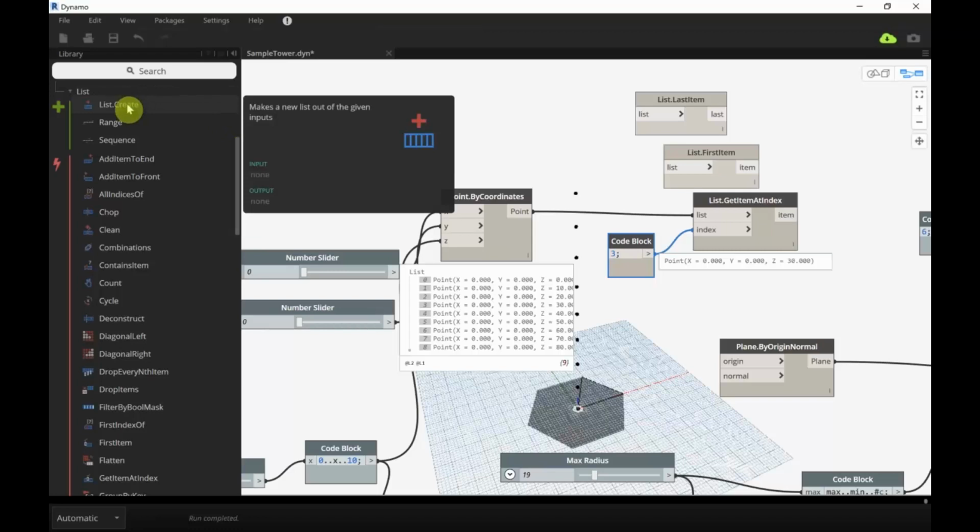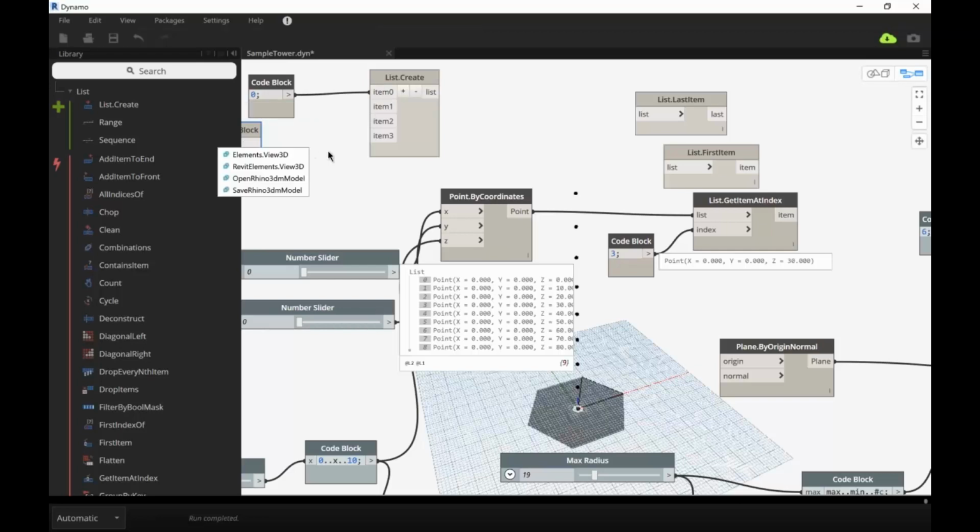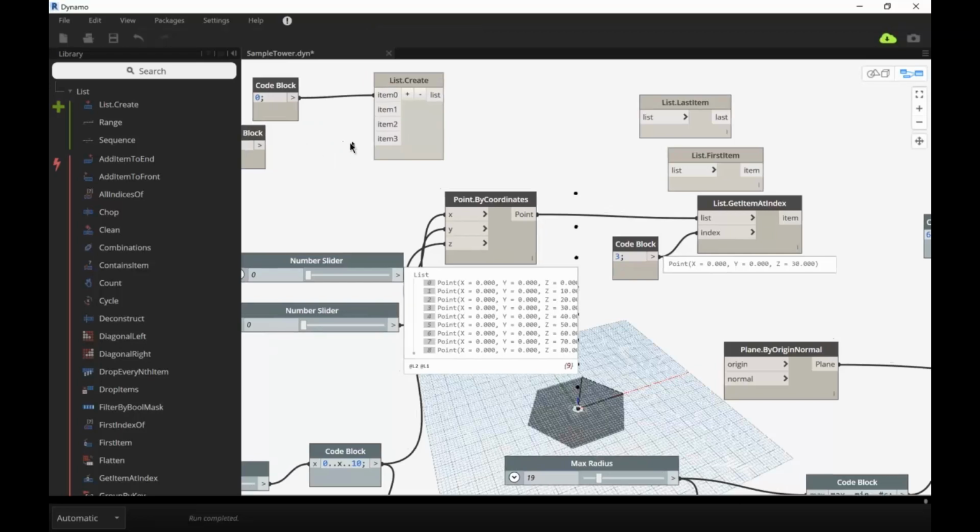List Create is a way to create a list of items. If you see this plus sign here, it enables me to create multiple items. I can add a code block for every item. You can say item 0, item 3,